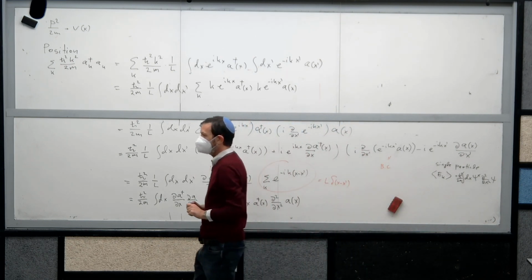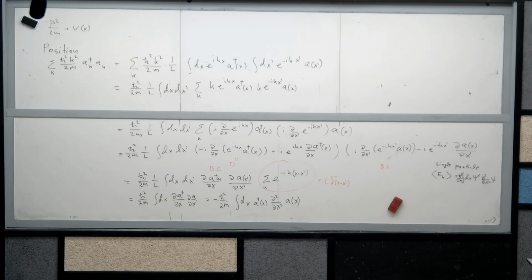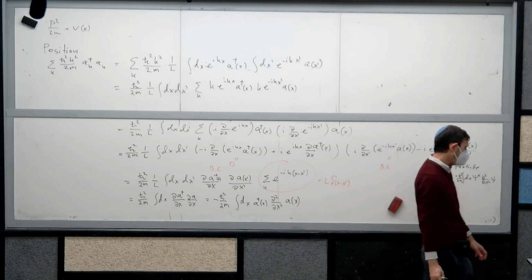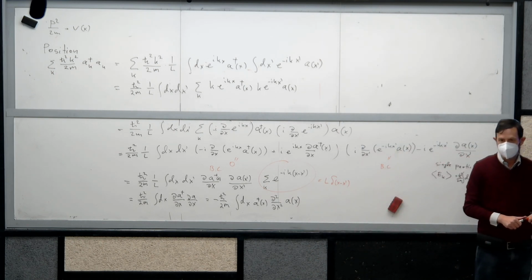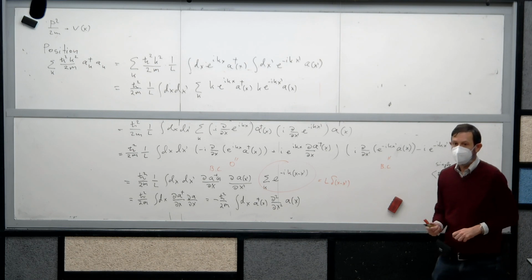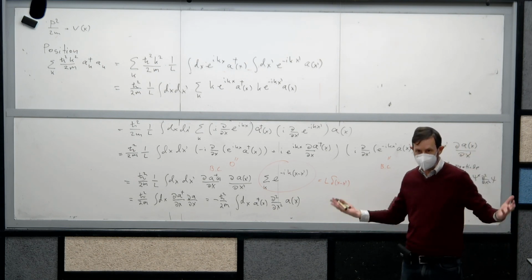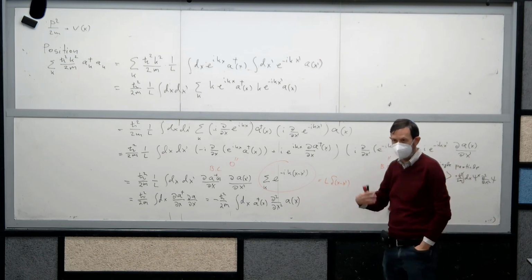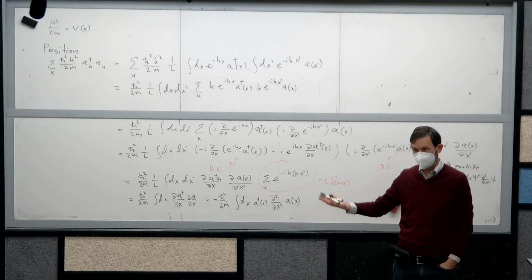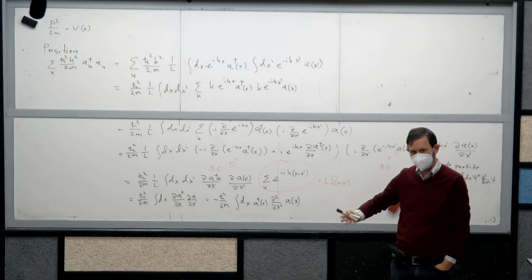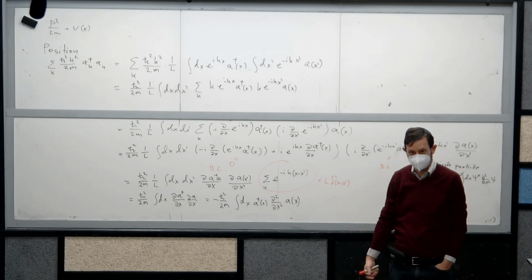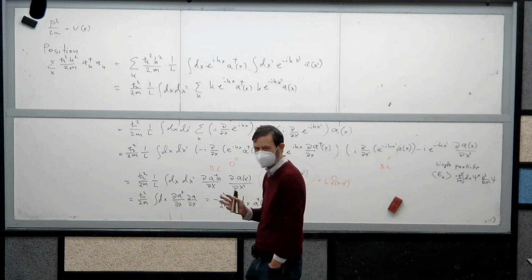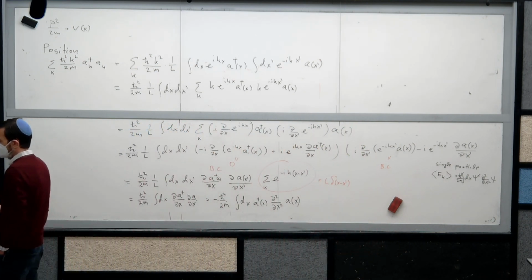Okay, so basically we now know in principle how to write down any single particle operator. If I can write it in the basis, very simple. If I need for some reason, like here, to use a different basis, I write it in the basis that is comfortable for me and transform it. But I can write down any single particle operator.